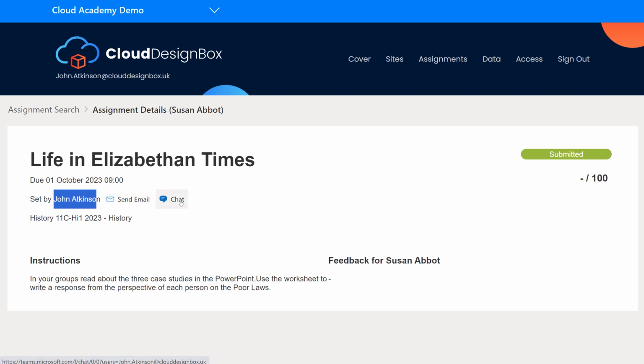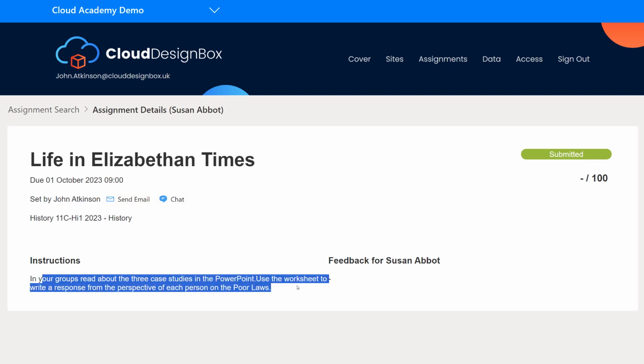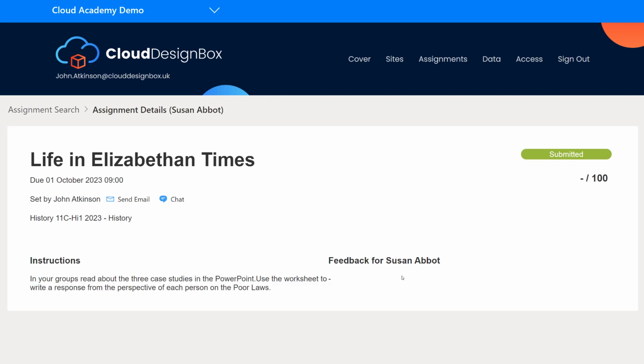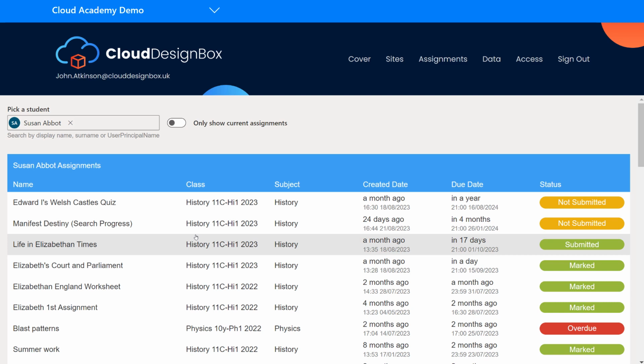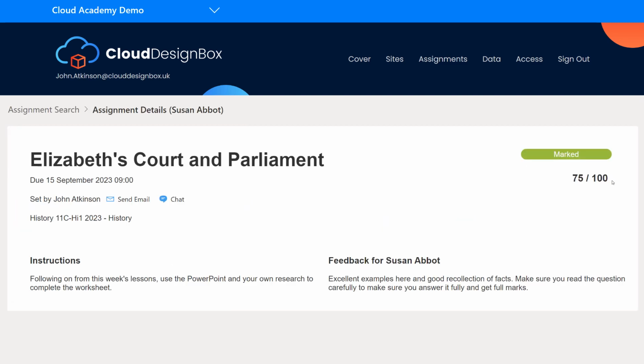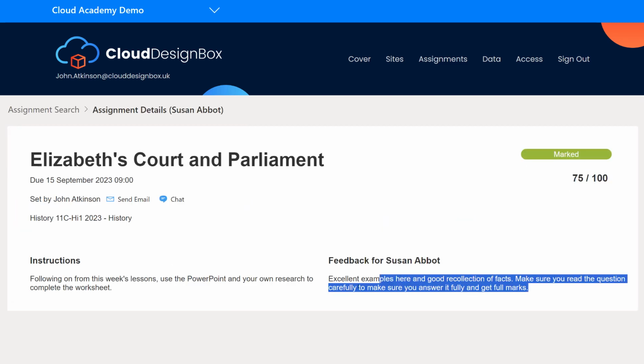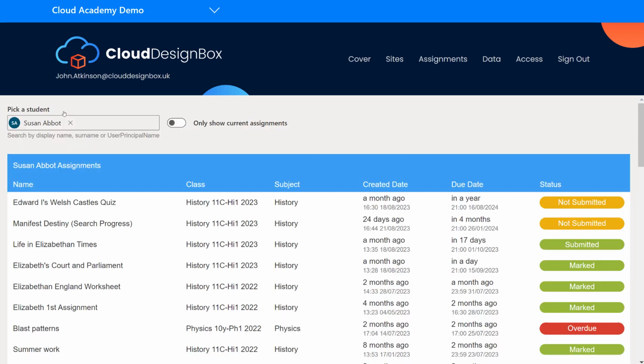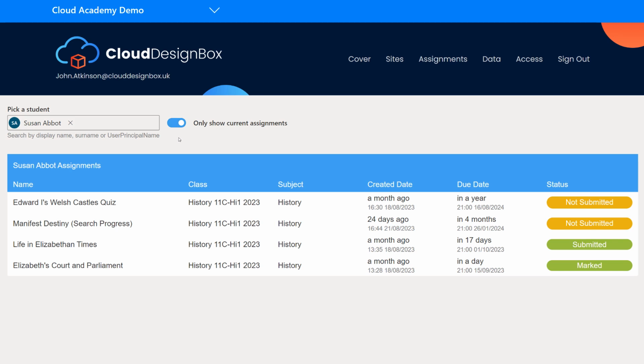I can start a Teams chat with them. I can see what the instructions were. I can see what the feedback they gave for Susan was. I can see what the mark is as well. So if I just find one here that's been populated, I can see the mark here. I can see what the feedback was for Susan, and I can give that student the support that they need. So again, it's a great way of being able to track those assignments without being in all of those class